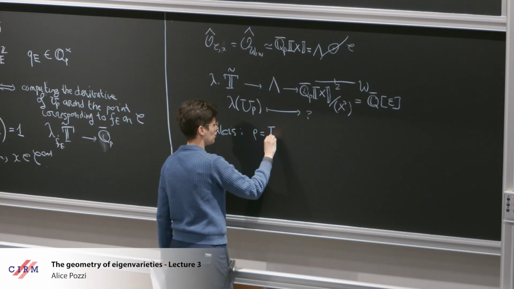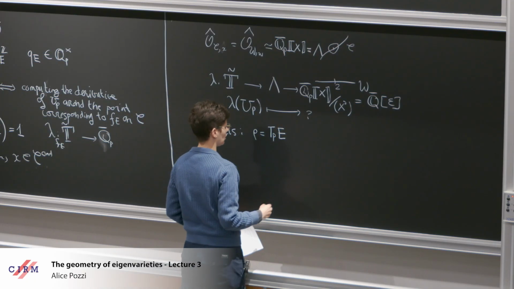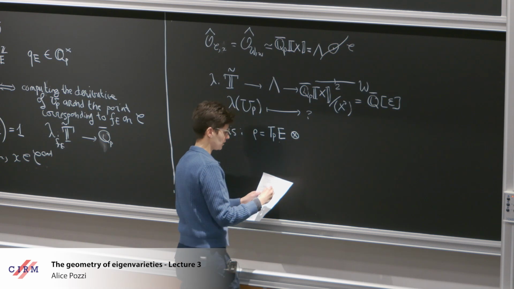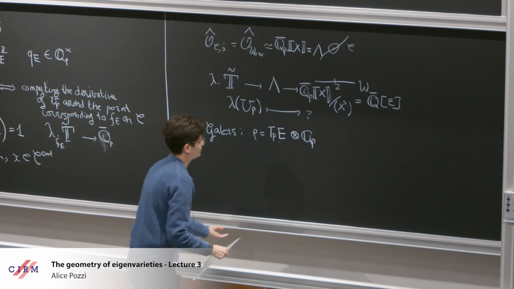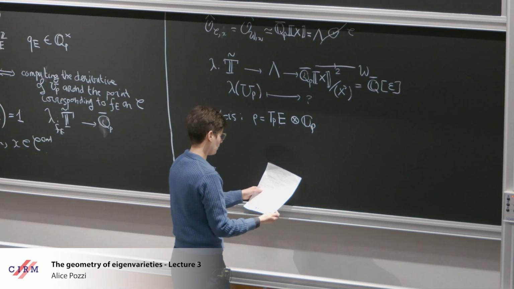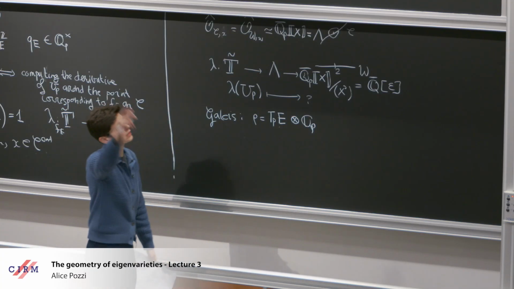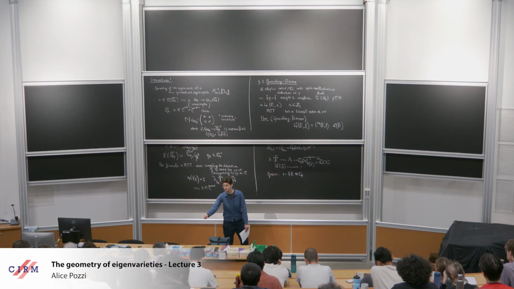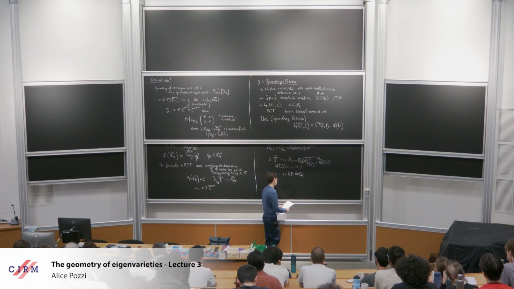So I'm going to take rho to be the Tate module of the elliptic curve tensor QP, so that it becomes a vector space. And okay, it's the Tate module, but we want to use our split multiplicative reduction setting to understand the Tate module when we look at it as a Galois module for the action of the decomposition group at P.